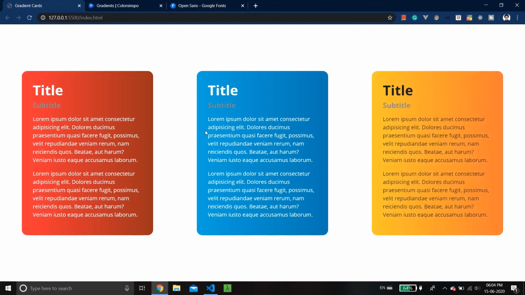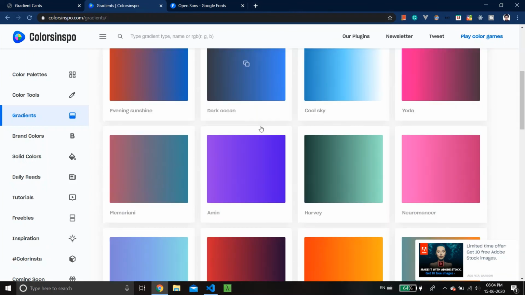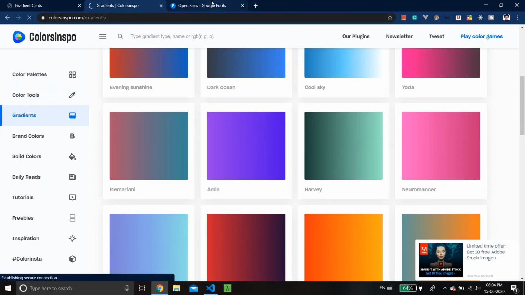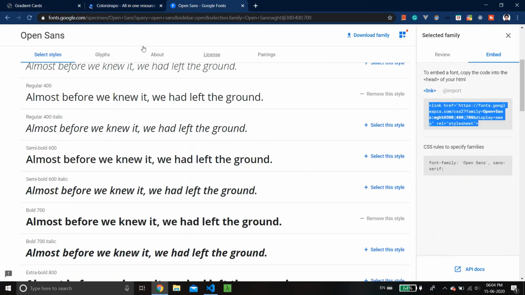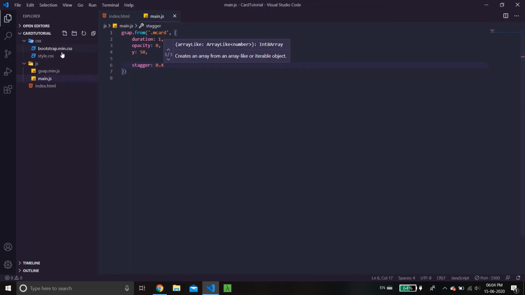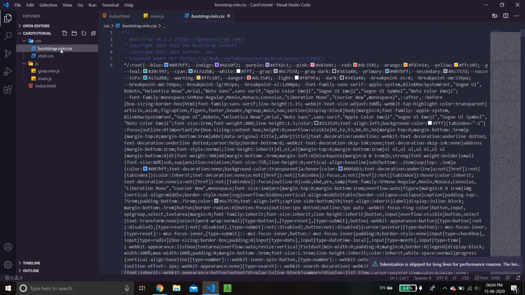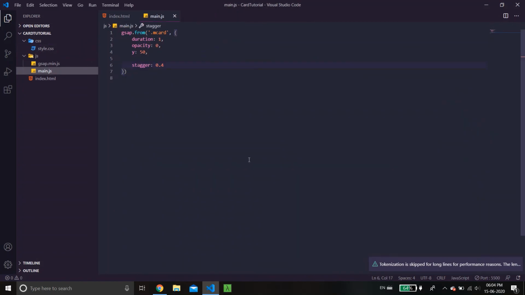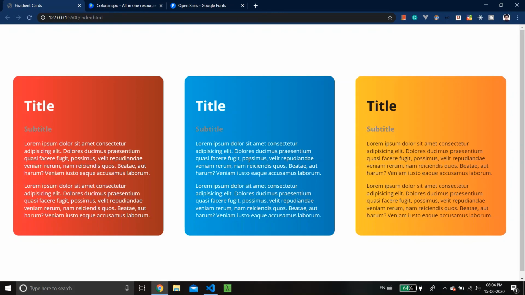That is the card design. I won't stretch this for much longer. If you want to read about GSAP, it's really easy to use. Use Colors inspo for gradients and color palettes, and use Google Fonts. So that is my tutorial. I mean, it was more of experimentation. This just takes like 2 or 3 minutes to come up with, but it takes time to experiment. Like, I don't even need Bootstrap. Just off with it. Delete. Yeah. I think I did something wrong.